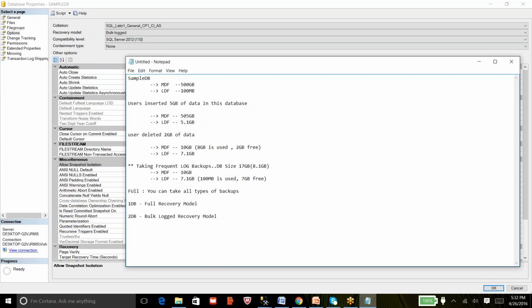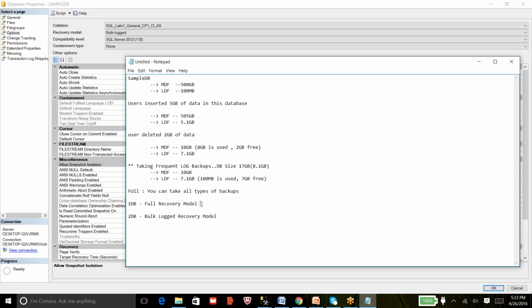And we'll see more when we are discussing the backup topics. I'm just concentrating on recovery models. What would be the behavior of the database with the options we select for recovery models? And going back to our scenario, I'm just trying to make you understand the difference between the full and bulk logged recovery model. At one point I said both act the same, but there is one major difference, which is about the bulk